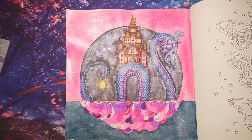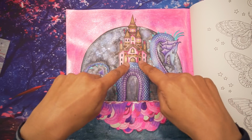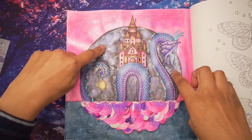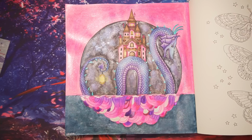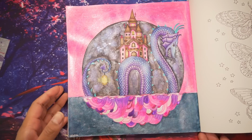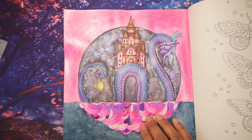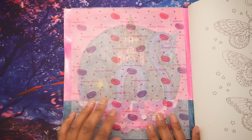And then I thought I need pink in the actual centre of the page as well. So then I thought it's ideal to put a bit of pink in the castle. And then you've got the dark colours here in the moon and the dark colour in the water. So I thought it all sort of gelled together quite well, and then you have this beautiful Loch Ness Monster. So really enjoyed doing that page, and the paper of course is gorgeous to work on in Johanna Basford's books,